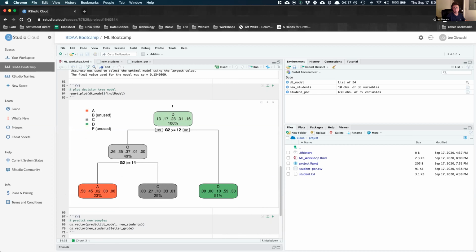So the way to interpret this graph that it made is, at the very top is the prediction for each group. Looking at all the data here, 100%, that's what that means. For 100% of the data, if we had to guess what somebody's grade would be, we would say D. That's because most people in the data set, 31% of the data set here, made a D. That's a lot of people making Ds. But